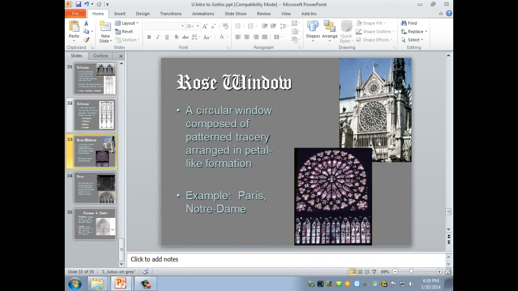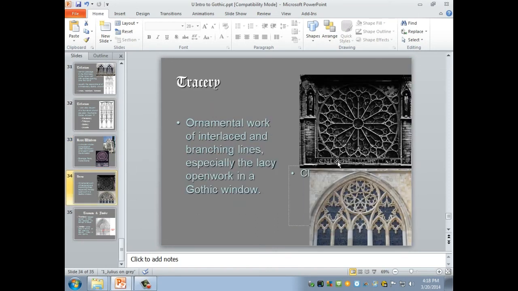Okay, doorways also have some terminology. The trumeau is the doorpost between the two doors, and they usually are decorated with either carvings or statues. And then the jambs are the vertical posts or columns on both sides of the doorway, the opening, or of a window, but here we're talking about a doorway. And you can see in this diagram they're showing them with little statues, and of course we see this very frequently in the Gothic period, that they have these many door jambs.